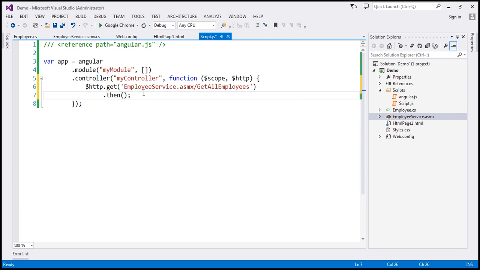Okay, and here we can specify another JavaScript function which is going to handle the response that is returned from that successful call. So I'm going to have another function here, and this is the function that will be called when the request completes successfully, and this is going to get the response from the call, and the response is going to have a data property which contains the data from